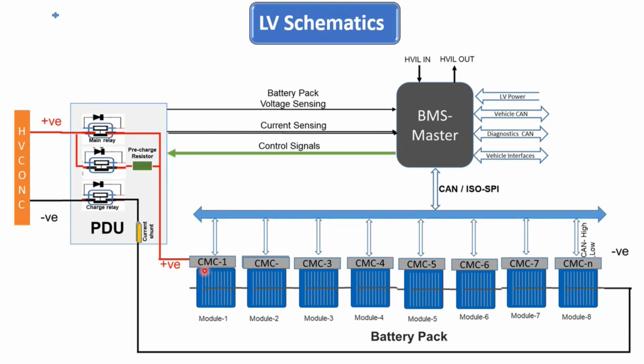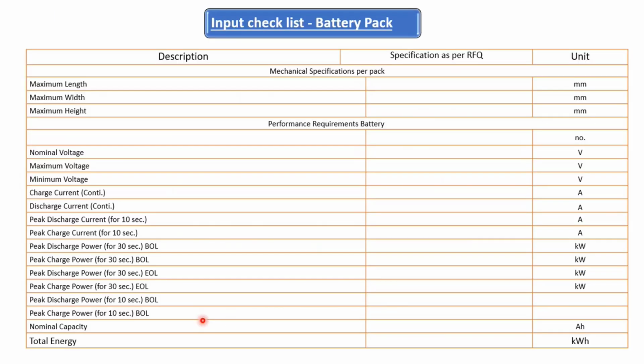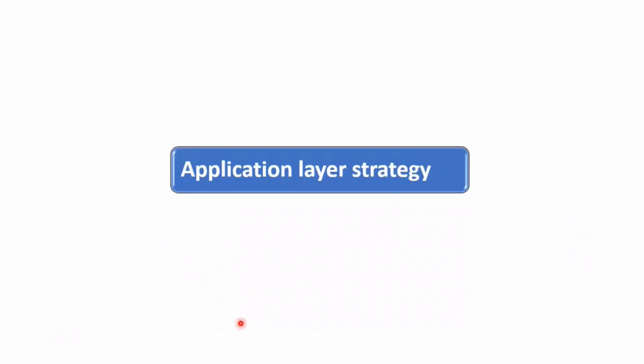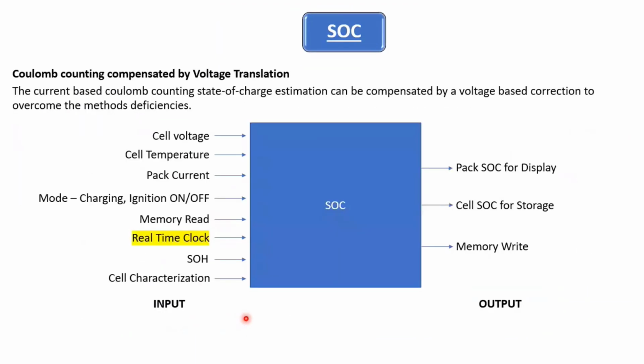This module information only we are able to check. So each cell SOC and this module SOC. And this SOC we are communicating to our main system, and the main system will be showing the complete pack SOC. So I misused the term a little. This should be used as a module. Here also it should be module. Here also it should be module SOC for display. Okay, so is that clear?